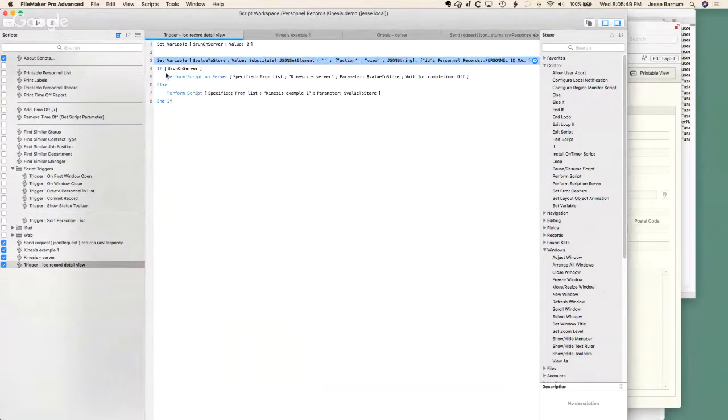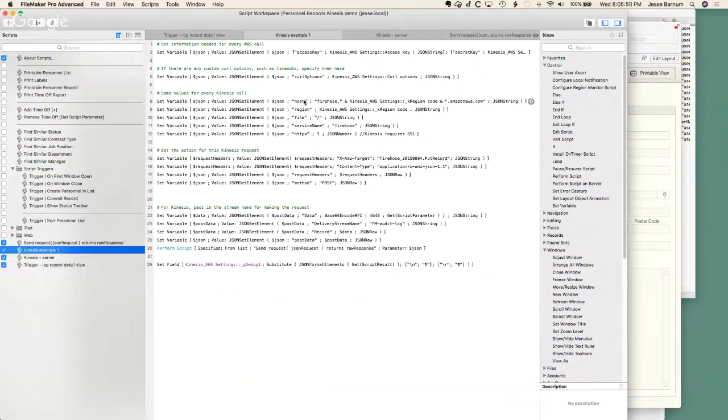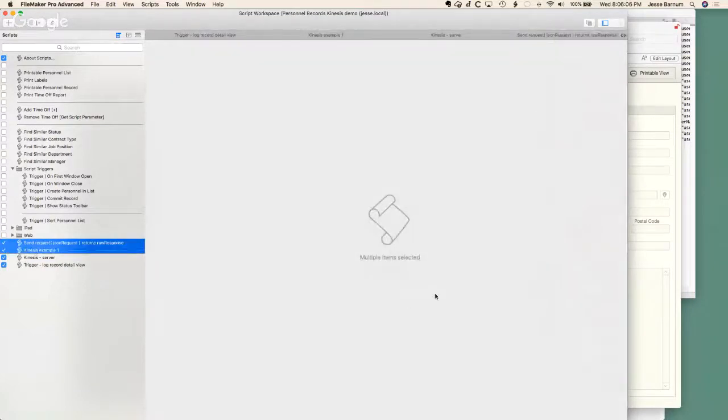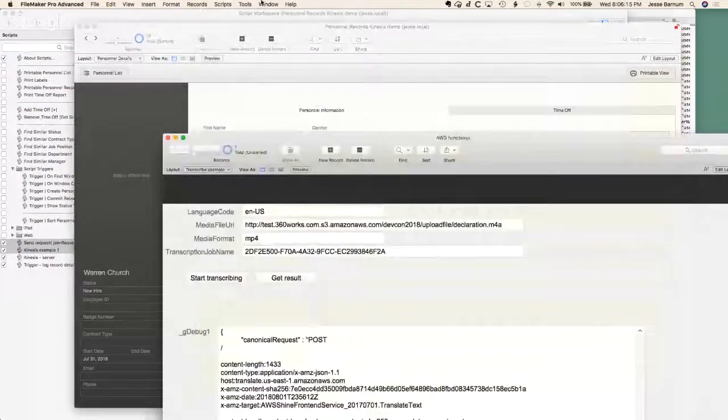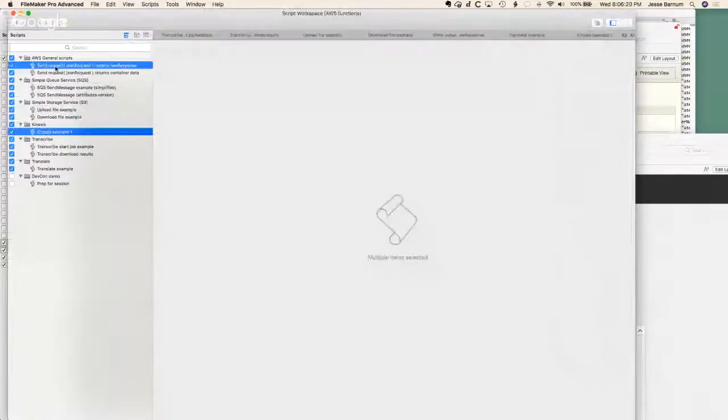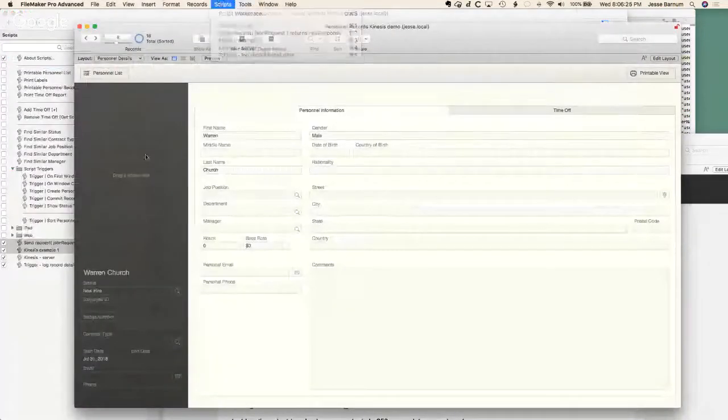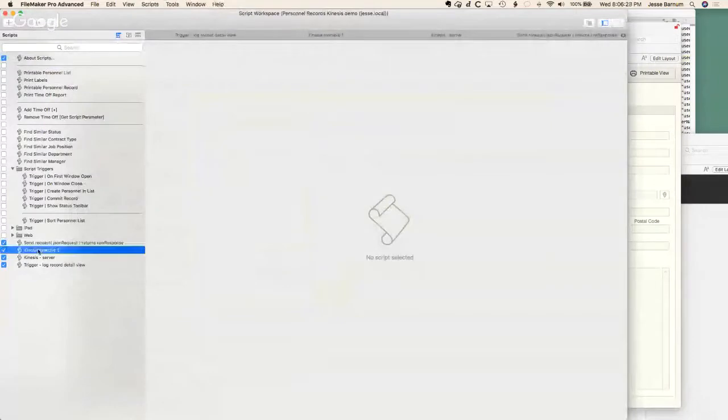And so run on server 0, so I jumped in here, and I run this Kinesis example 1. It's the same exact example that I was showing when I did my demos in my other file. And all I did, by the way, like I was talking to you, I copied and pasted these 2 files from that. Remember, this is not the same file as this. This AWS functions is not the same file as personnel records. So what I did is I went into scripts and I copied and pasted the Kinesis example and my generic script, and I pasted them into this file,